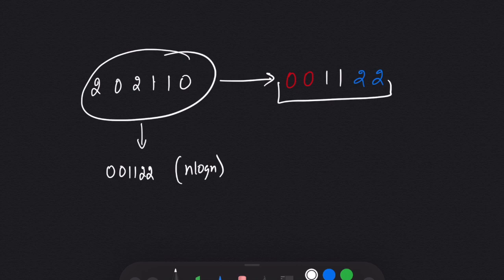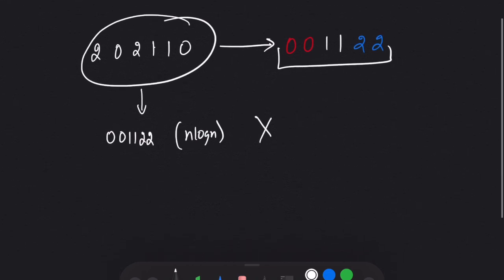But the question is asking that we can't use the inbuilt sort function. So what is another way? Another way is I will count the number of zeros, ones and twos. Then I will take another array and insert the zeros, ones and twos according to their count. But again, that will take extra space. The question is asking, is there any way we can do it in one pass without using any extra space?